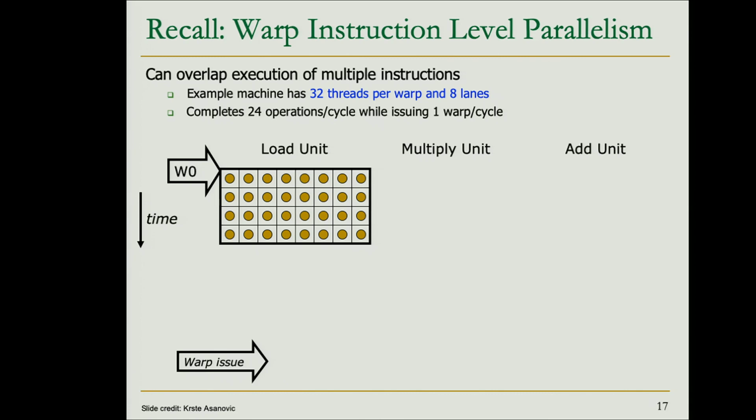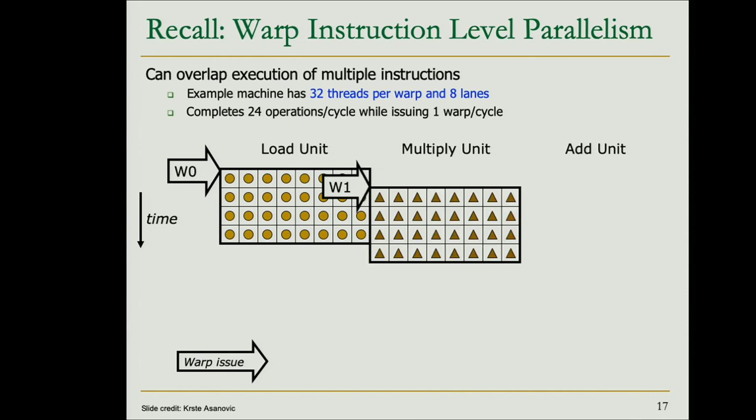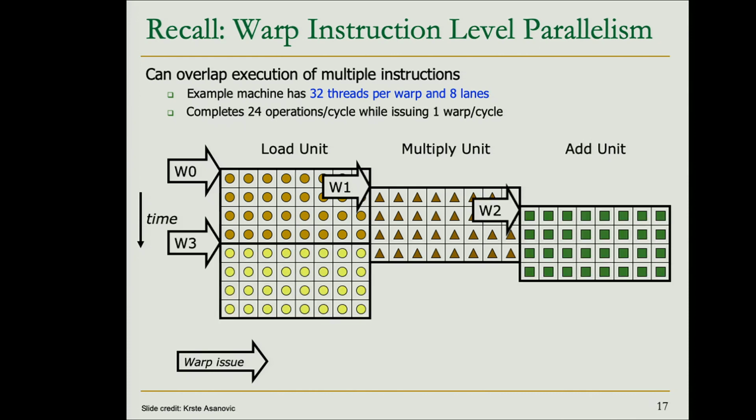And this would be like the first instruction. For example, in the load unit for warp 0, we execute a load instruction, and maybe here in the multiply unit, we execute a multiply instruction for warp 1, an addition for warp 2, and again, load unit, warp 3,